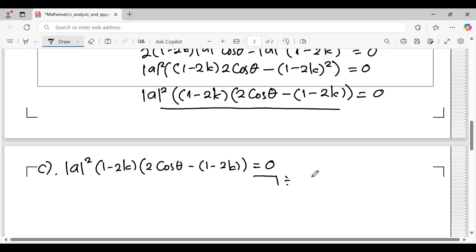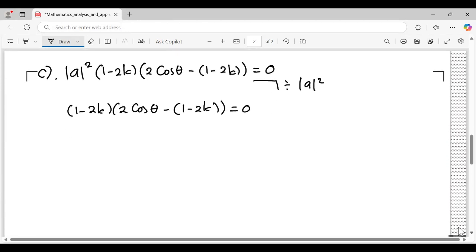And if we divide by modulus A squared, it becomes 1 minus 2K, 2 cosine theta minus 1 minus 2K equals 0. So there are two possibilities of solution,